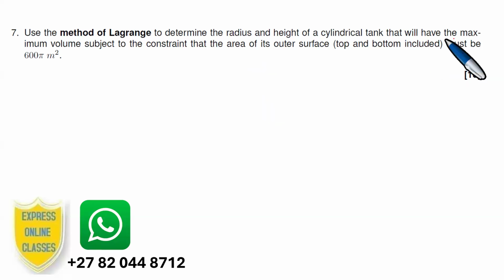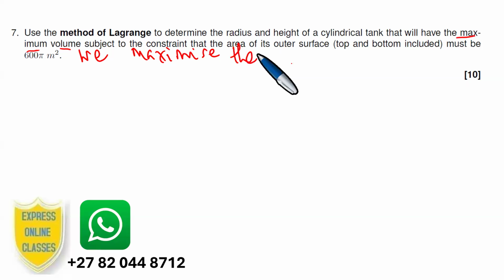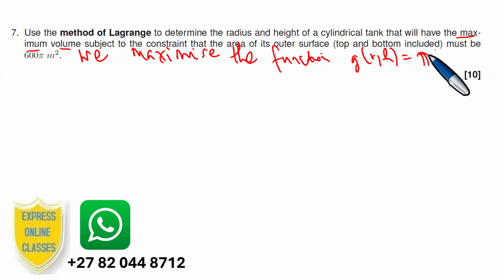Remember, if we want to actually have the maximum volume, there are instances where we're obviously going to maximize. So we maximize, in fact, for a start, the function g(r,h), which is pi r squared h, subject to